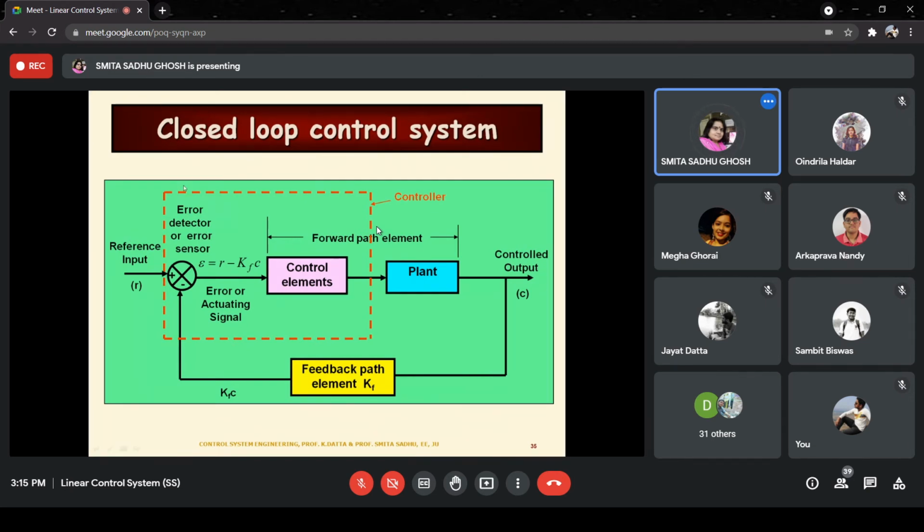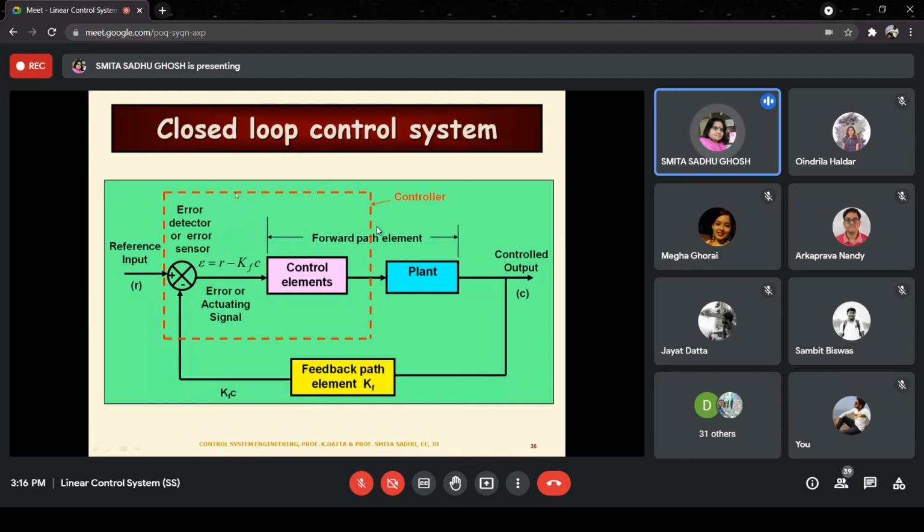Let me just retrieve the cursor. Yeah. There is a dotted box that is shown over here. So the dotted box overall denotes what we call a controller. If you compare this with the controller in the slide before the previous one, the slide with the open loop system, we had a controller block. This whole block from here to there, whatever is enclosed within this dotted red block, denotes